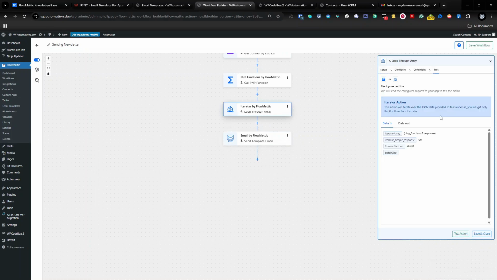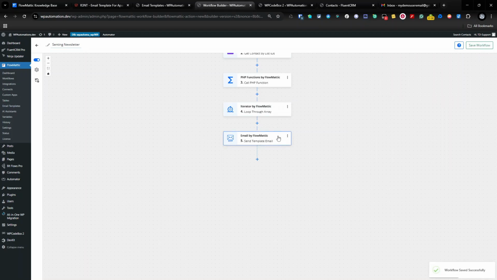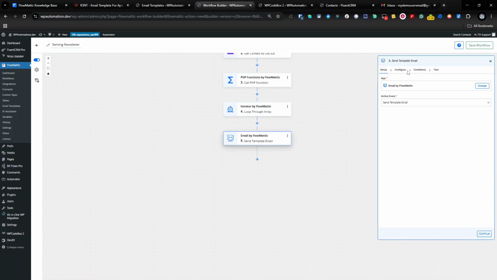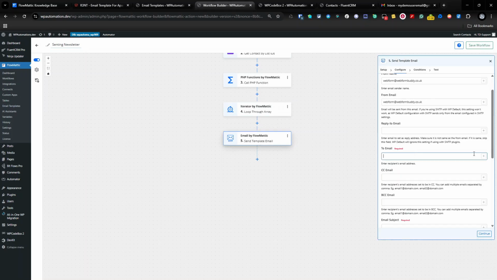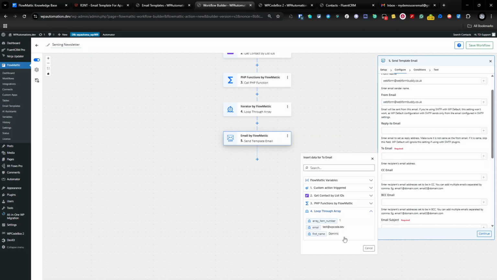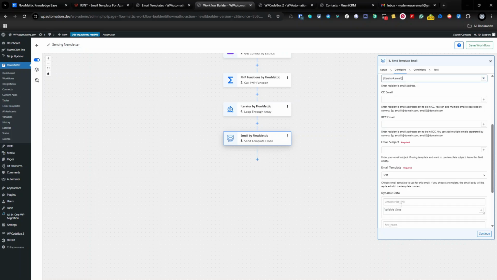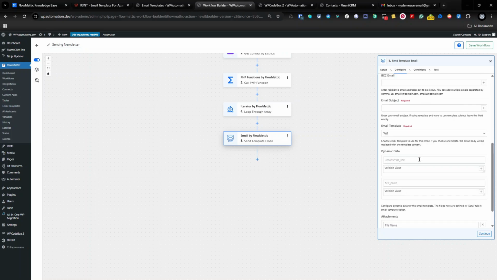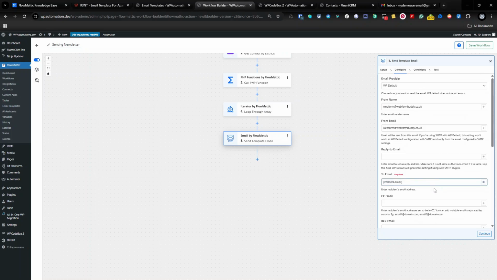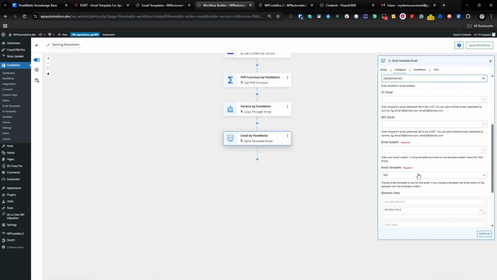Go here and test our array. So we get our data out, we'll save and close, we'll go back to our template, and hopefully that's now appeared and we can use it. So loop through array, and there we go. So we want to send our email to that email address, and you'll see here we've got our options to select which email template we want, and we want build out,